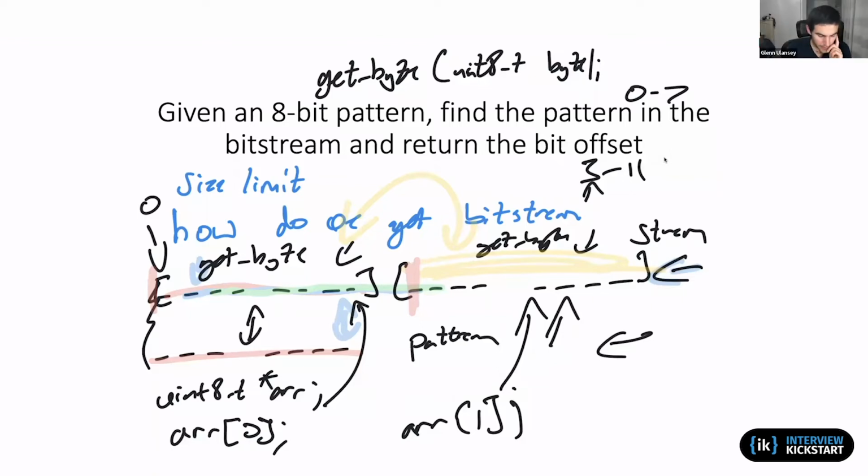Yeah, no, so good. In this question, it's asked for you to match an 8-bit pattern. If you read in 8 bits from the bit stream and then did your comparison and, oh, they didn't match, and then shifted your 8-bit field over by 1, what is the rightmost bit going to be? It's going to be 0, because you just shifted over to the left. But you don't want it to be 0. You want it to be the next bit in the bit stream. So whenever you're doing your comparison and your shift in particular, you need to make sure that you shift real data into the byte you're comparing against.